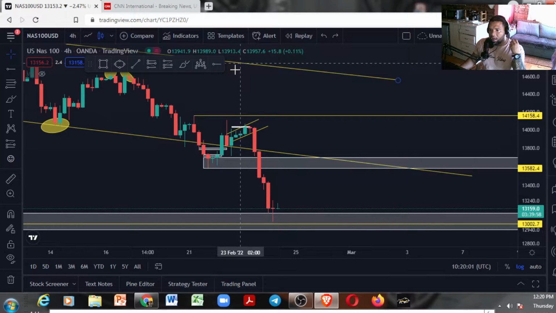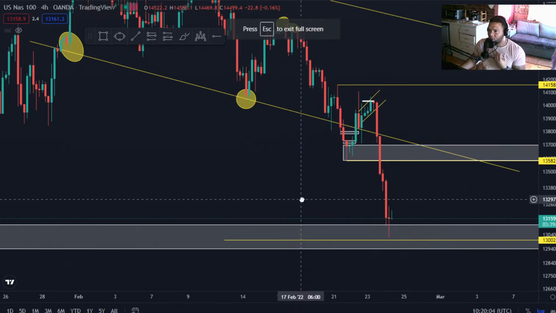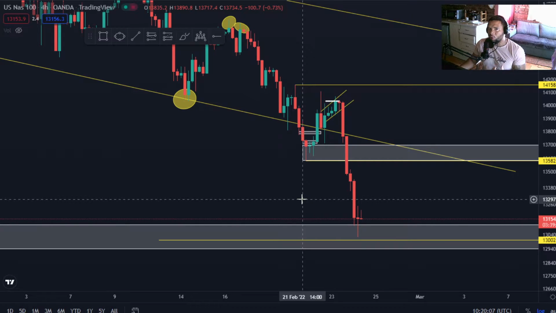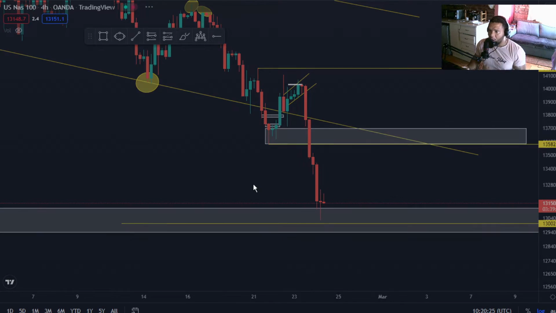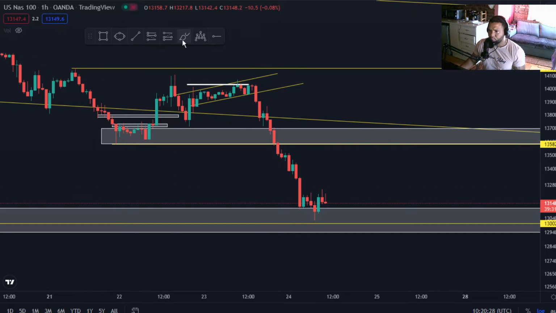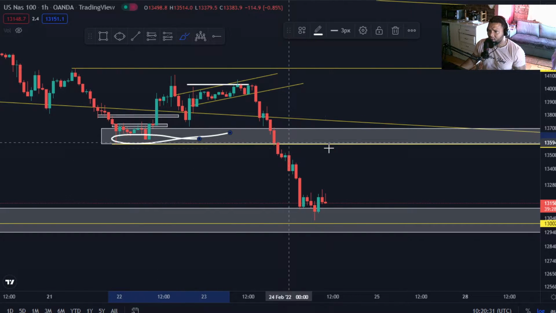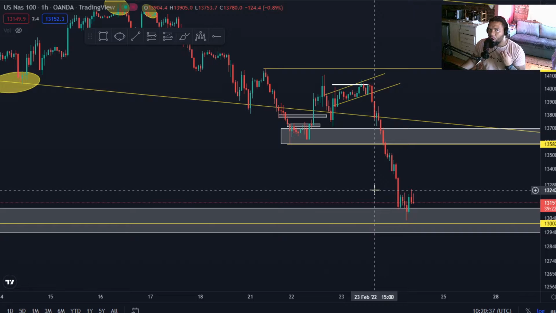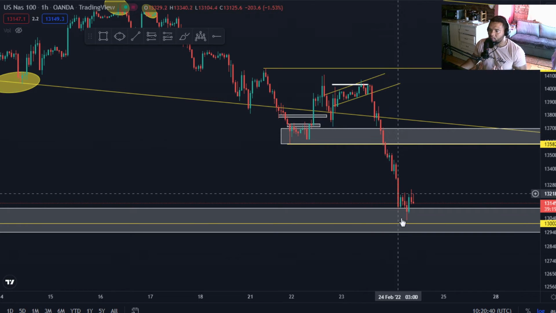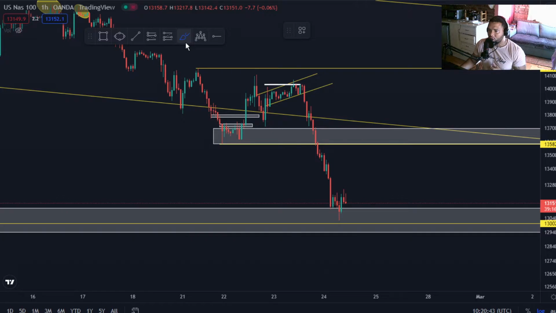So guys, I want you guys to be patient with this market for now. Let price show us that it's willing to show us clean structure, right? As you guys can see, price just dropped heavily with these strong 4 hour engulfing candles to the downside, right? So what I will look out for is some form of a counter trend, right? Once I see a counter trend on my 1 hour time frame, I will most likely take a buy position to come and test this area here at 13,600 again, because, guys, this was a heavy drop, and price will most likely come and correct this move to the downside for further continuation to the downside, right?